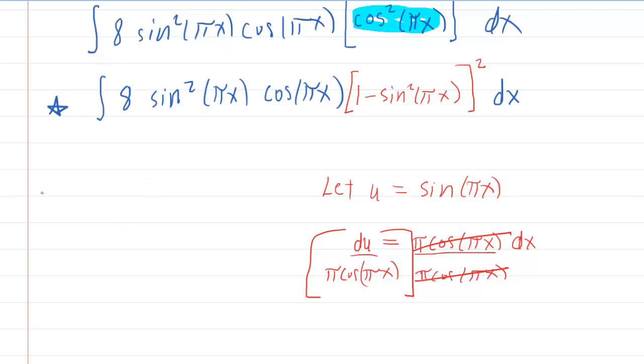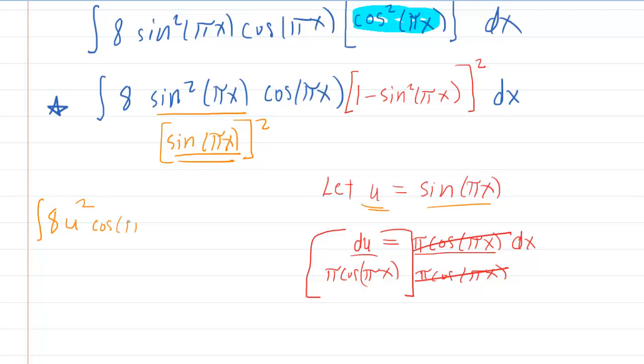So we will have the integral of 8. Now, here you have sine squared of pi x. Recall that that's the same thing as sine of pi x, all of which would be squared. We let u equal the sine of pi x, so this sine of pi x squared would just become u squared. So basically you'll have 8u squared, then the cosine of pi x, and then in this bracket here, you're